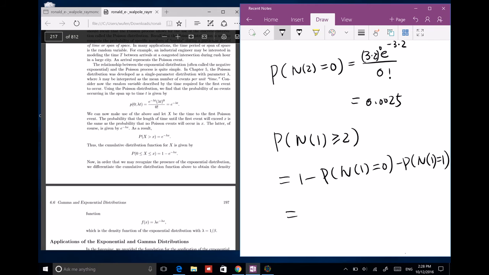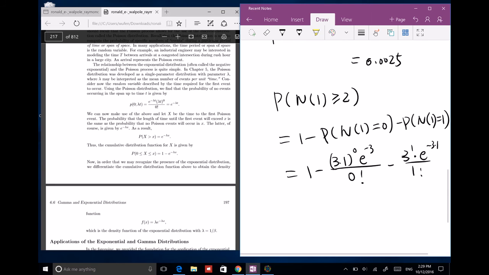So the probability is 1 minus 0 factorial, 3 times 1 raised to 0, e to negative 3, minus 1 factorial, 3 to the first power times e to negative 3 times 1 first power. Then you have the probability is 1 minus e to negative 3 minus 3 e to negative 3,